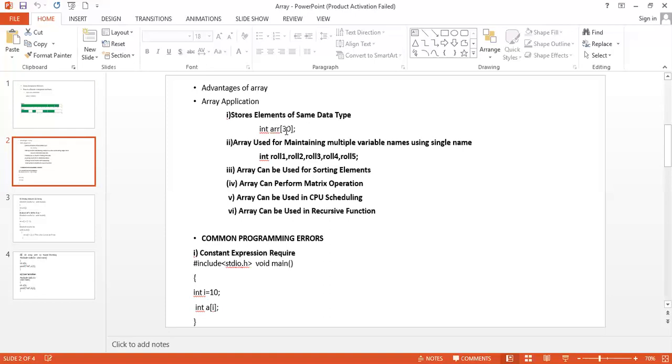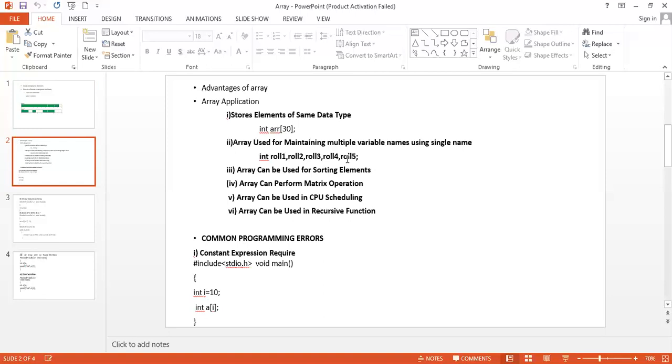To get the roll number of the first student, we need to access rollnumber1. Guess if we need to store roll numbers of 100 students, then what will be the procedure? Maintaining all the variables and remembering all these things is very difficult. So in that case, we have to use the array concept to declare 100 student roll numbers.